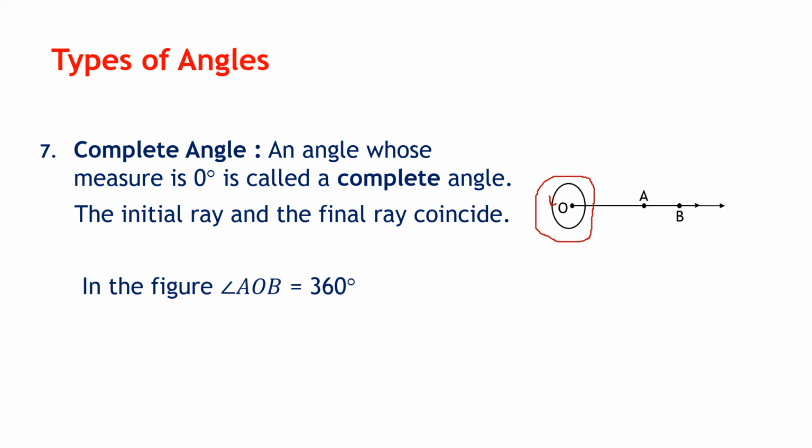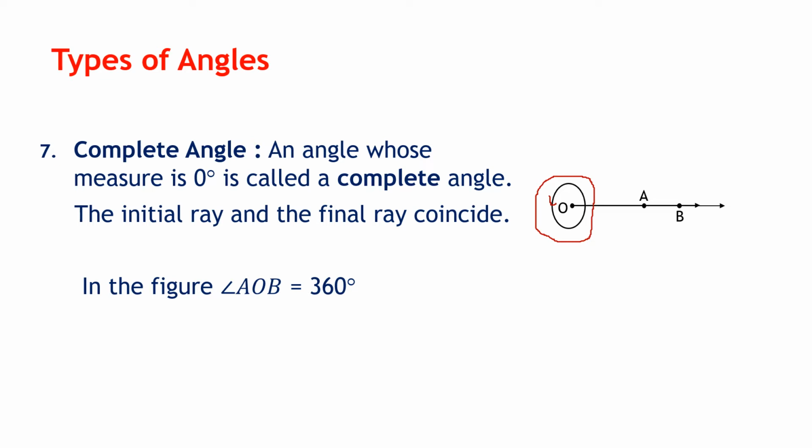We had a zero angle, it is 0 degrees. We have an acute angle between 0 and 90 degrees. We have a right angle, exactly 90 degrees. We have an obtuse angle between 90 and 180 degrees. We have a reflex angle between 180 and 270 degrees. And we have a complete angle, that is 360 degrees. Now we can go further, but for now this many definitions are enough.